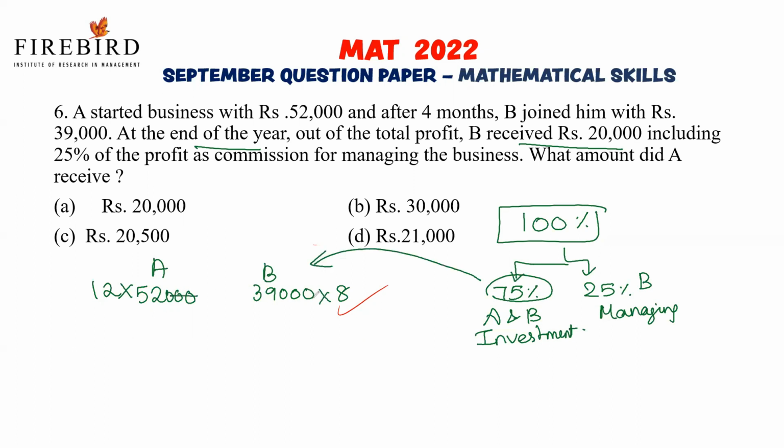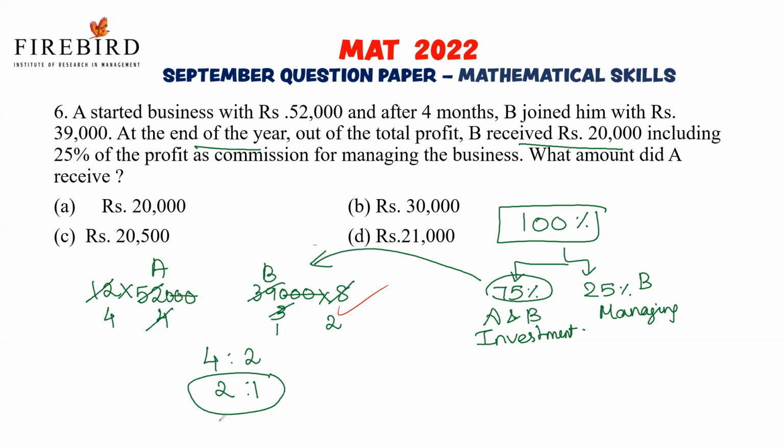So you can cancel 52 and 39 in terms of the 13th table, 4 times, 3 times. Again, we can cancel 3 and 12: 3 1 times, 12, 4 times. Again, you can cancel 4 and 8 2 times. So 4 is to 2, again you can reduce it to 2 is to 1. So if the 75% of the amount goes to A and B for their investment, they'll share in the ratio